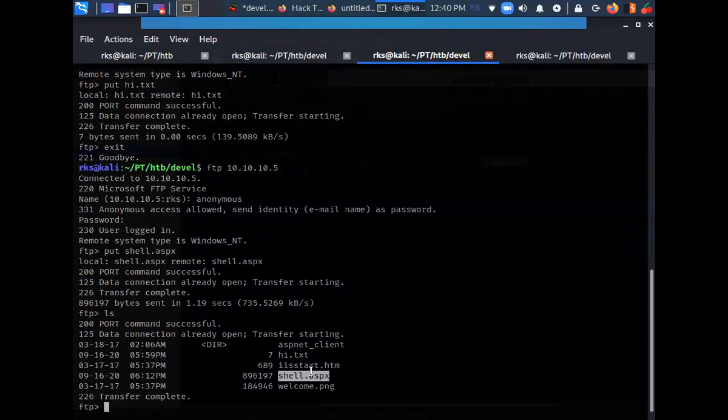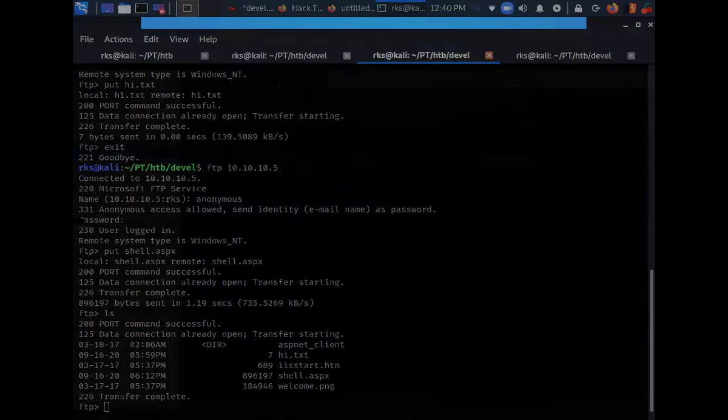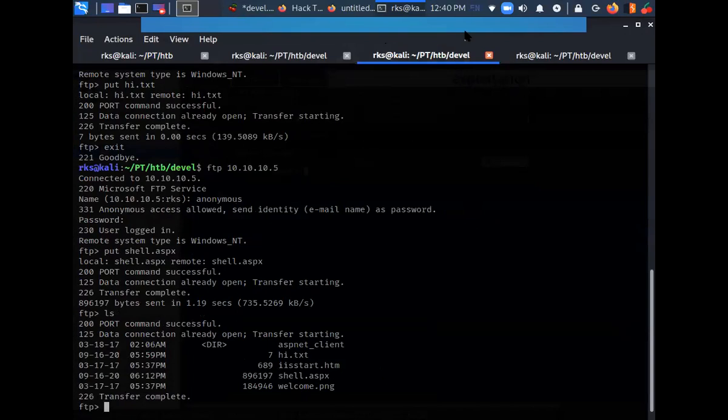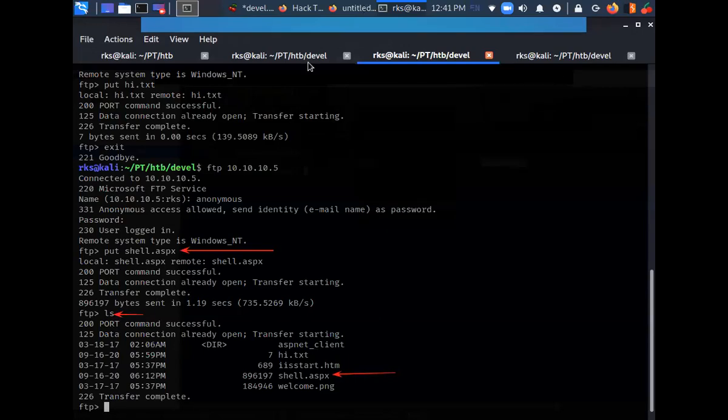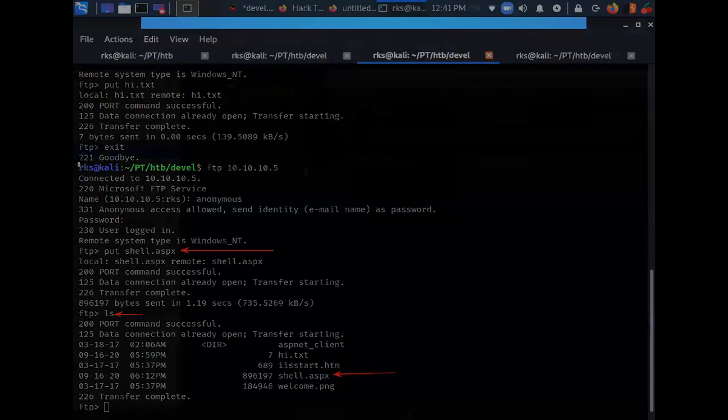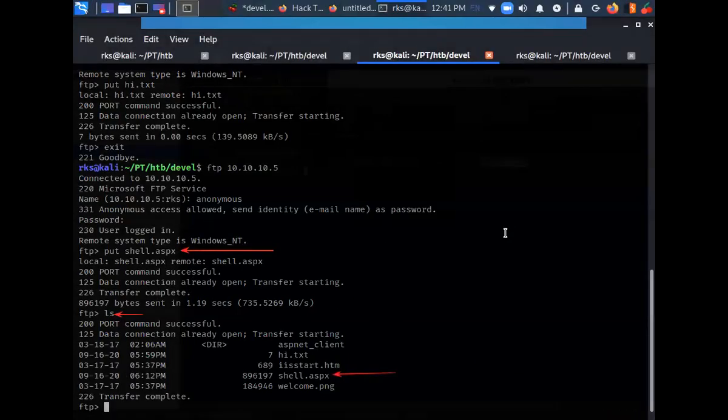So here we can see that the file has been uploaded. Before taking a snap, let me just try to annotate these things here: ls here, put here. Okay, great. Let's take a snap of this thing.